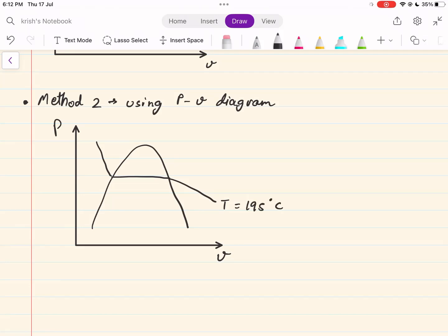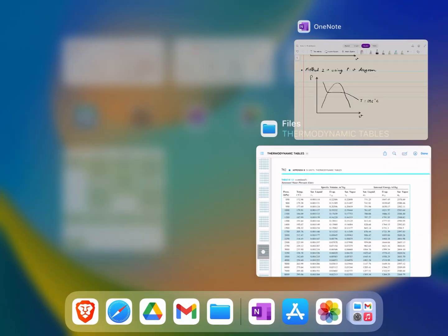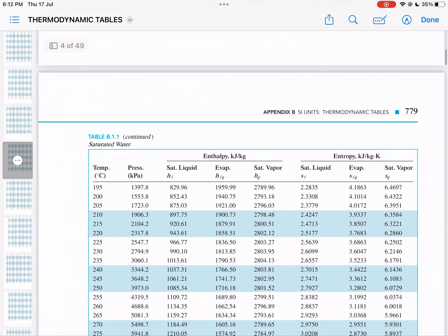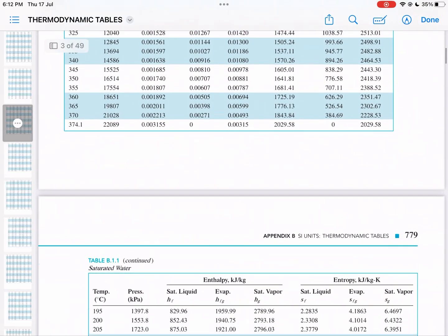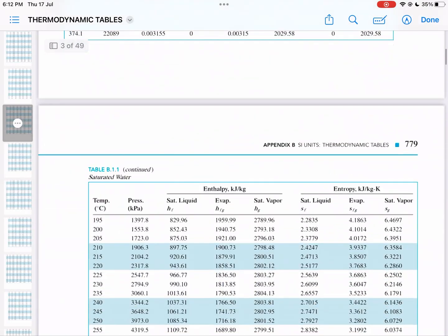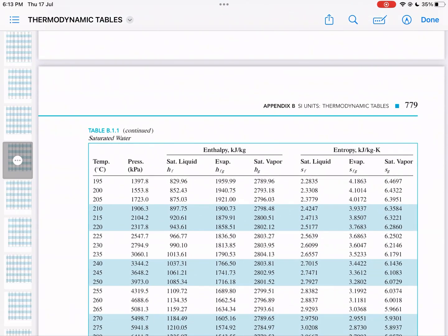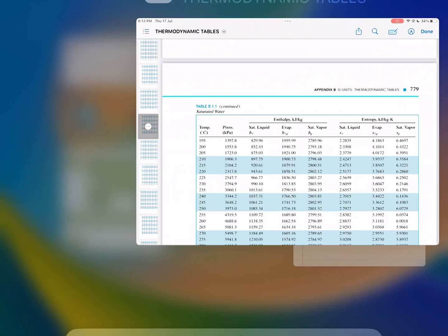T equals 195 degrees Celsius. For this, we will have to refer to table B.1.1, and we can see that 195 degrees Celsius has the corresponding saturation pressure of